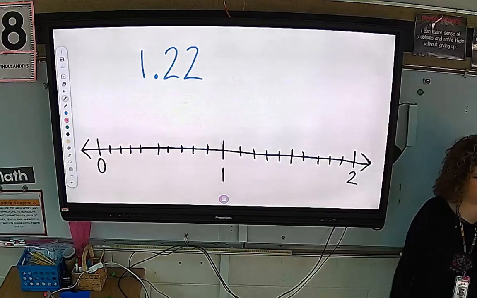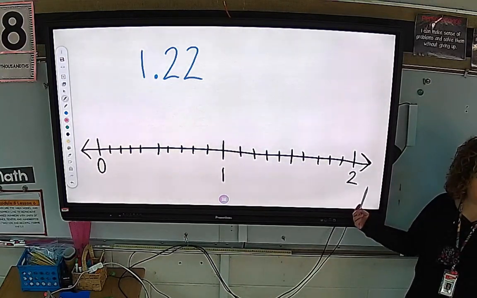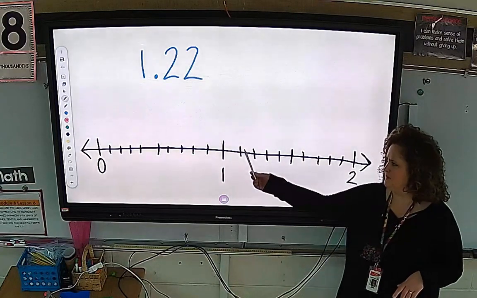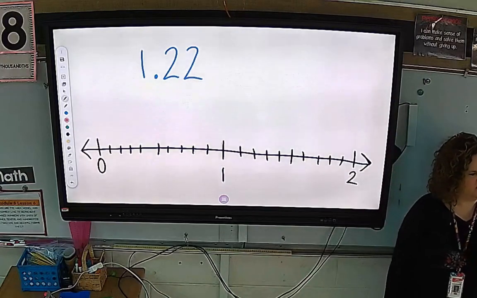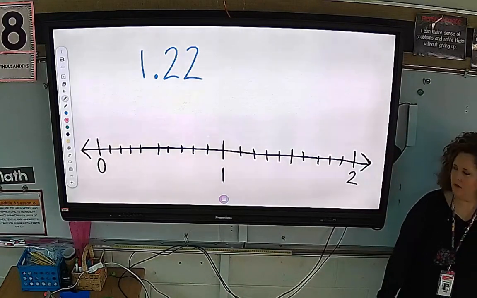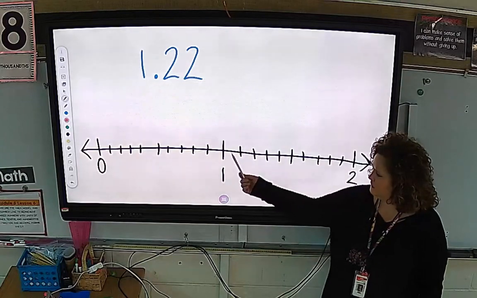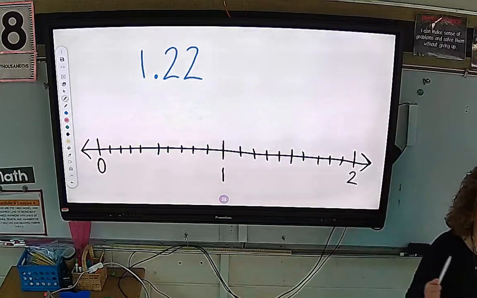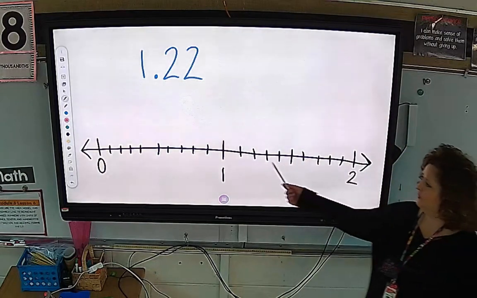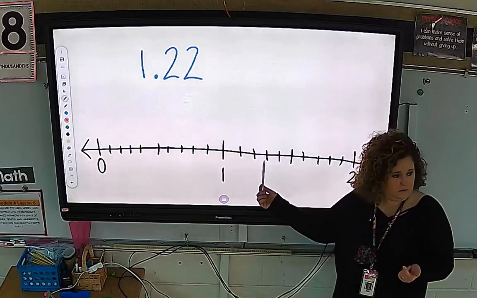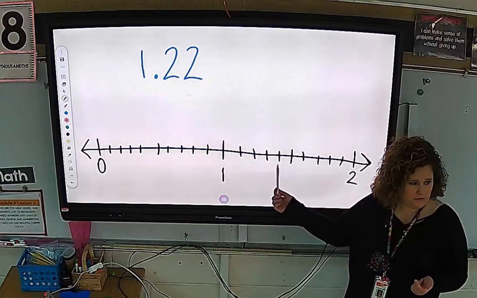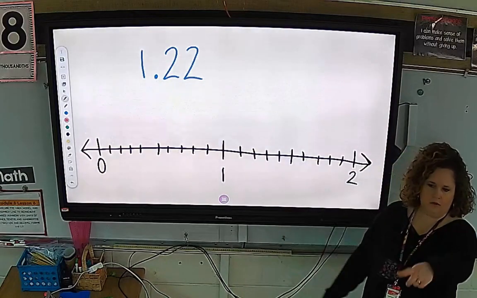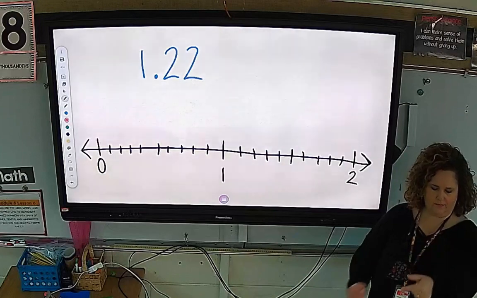When you say benchmark, are you talking about this whole number right here? I'm talking about the spaces between them. Okay, these are just spaces, yeah. Our benchmarks are just numbers that kind of guide us, so you don't have to worry about that. So you're saying go to the second one? Okay, so she's going to go to the second one past 1. Why? Because we just need to make spaces to reach your answer. Okay. Good thought.